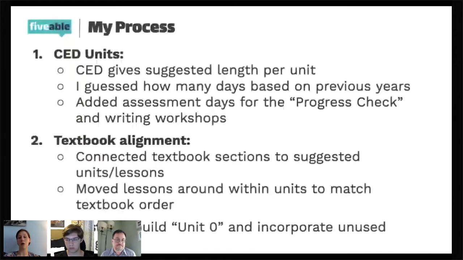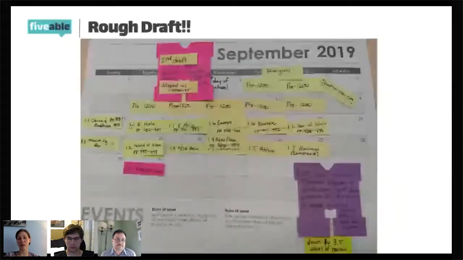And now I got to figure out what I'm actually going to do. So this is what it looks like for September right now. I've only got a week and a half set aside right now for my pre-1200 unit. I think that seems slight. So I'm trying to figure out where to buy back some time later in the year so that I can shift that around at the beginning. But it was the rough draft, see where I'm at kind of a thing.